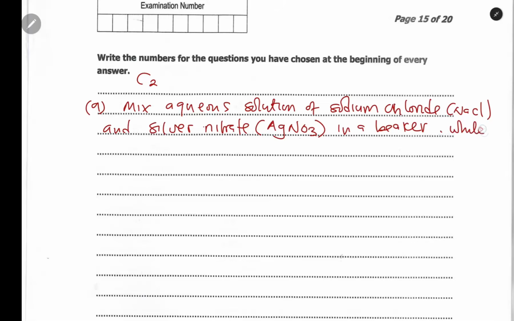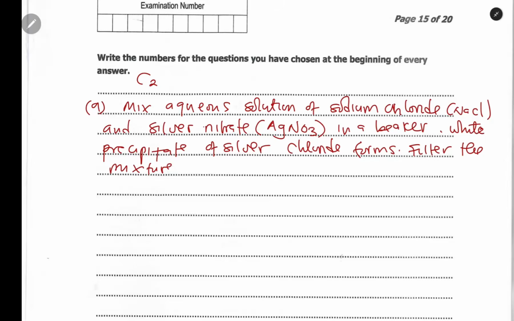Then white precipitate of silver chloride forms. Okay, then now what happened? White precipitate of silver chloride forms. Then filter the mixture. So filter the mixture using filter paper and of course a funnel. Using filter paper and a funnel